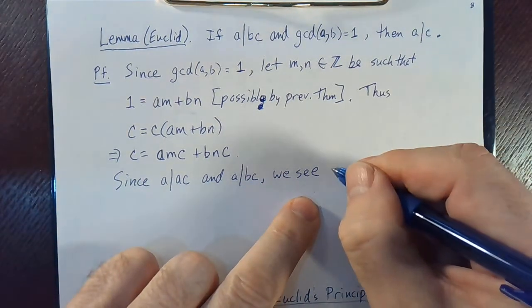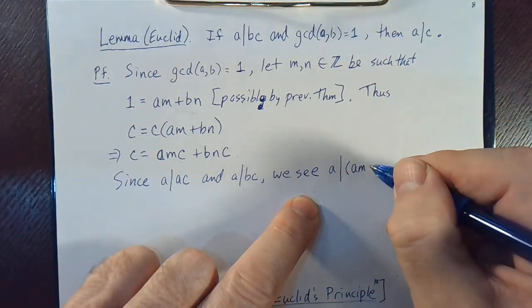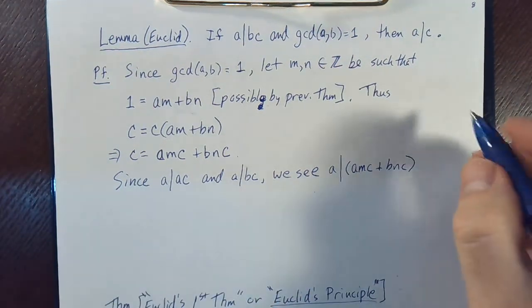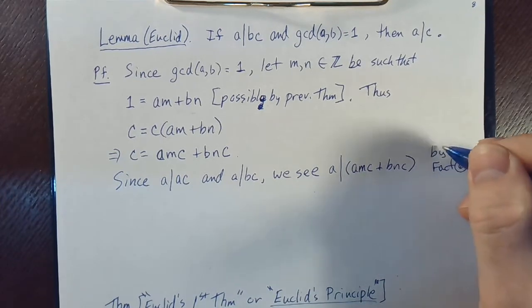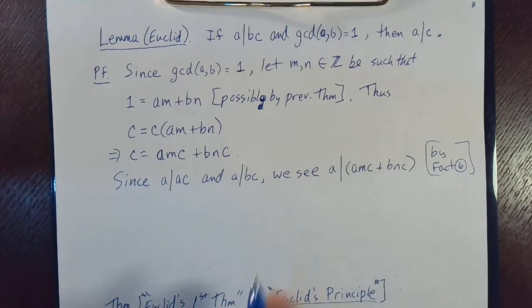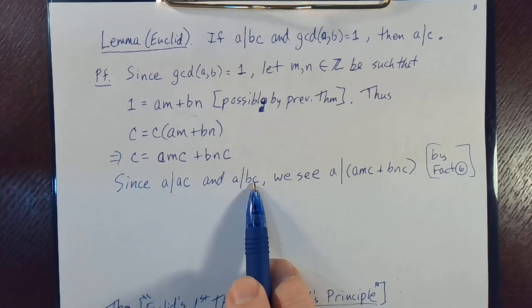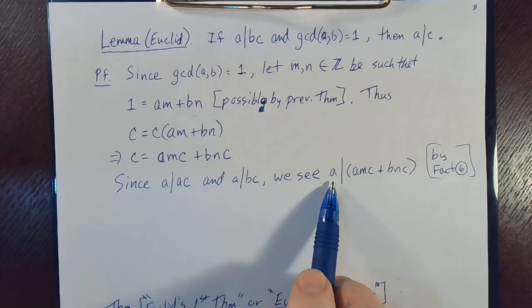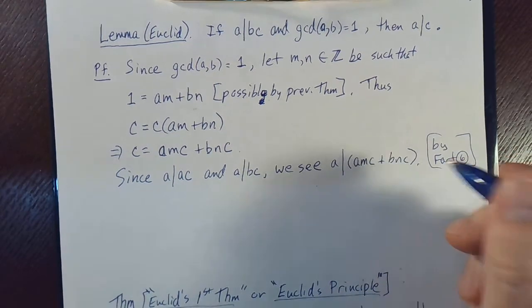So we have that A divides, in parentheses, AMC plus BNC, and I'll make a note by fact 6 from earlier. All we did is note that A divides AC and A divides BC. I'm going to multiply AC by M and BC by N. And I know that A divides that linear combination, AMC plus BNC. And to finish it off,